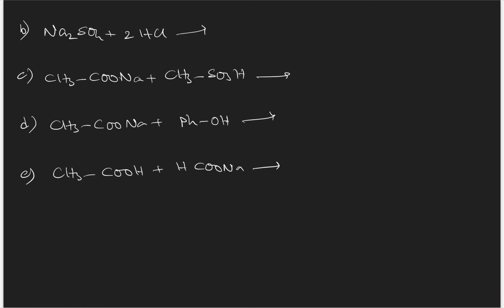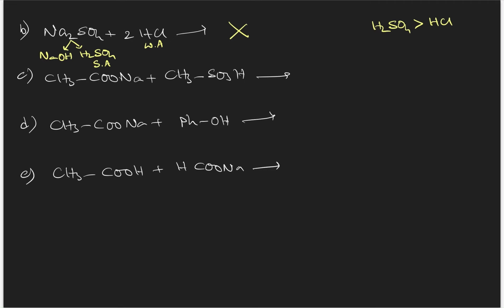And coming to the next one, from the salt you have to recognize what acid and base it is made of. It is made of NaOH and H2SO4. If we compare H2SO4 and HCl, we know H2SO4 is a stronger acid than HCl. As this is a stronger acid and the added one is a weaker acid, it cannot replace the stronger acid from the salt. Therefore, the reaction is not feasible here.